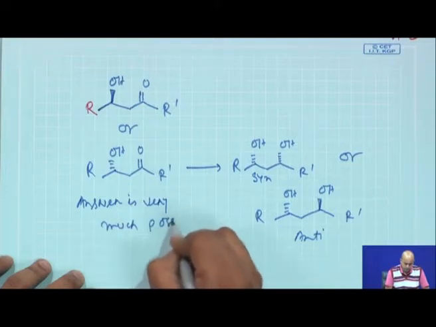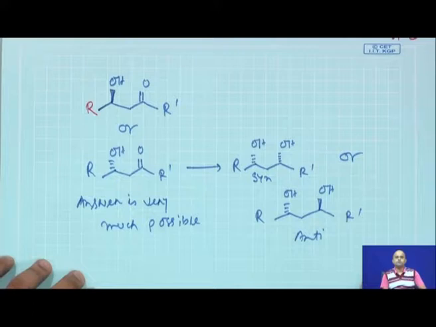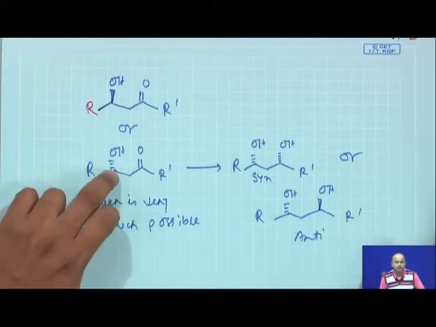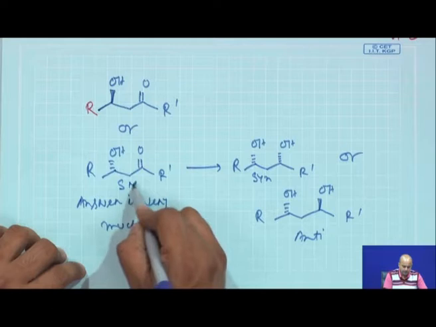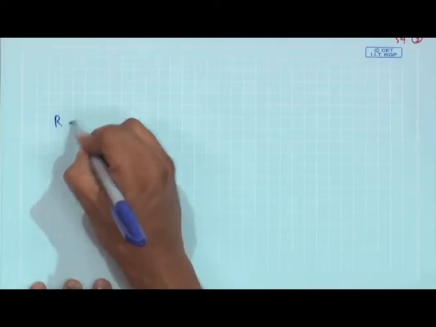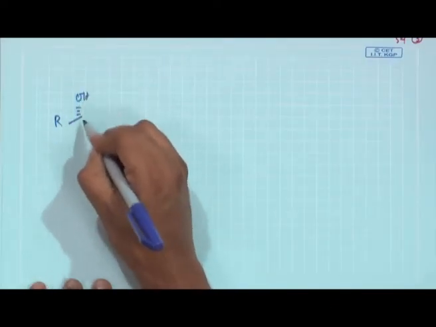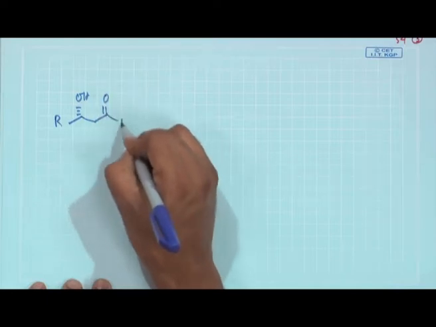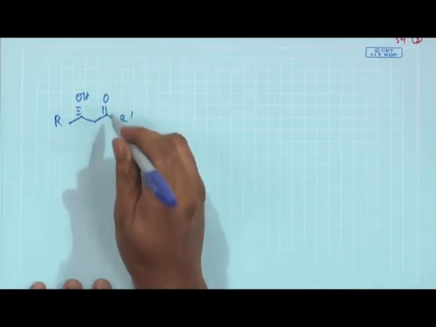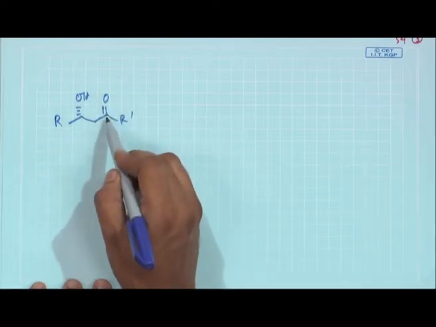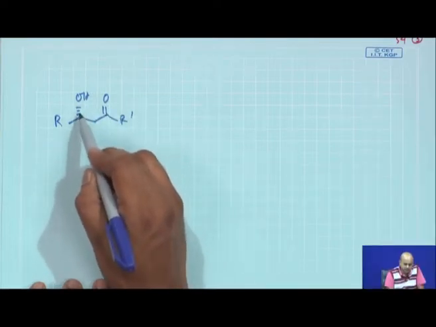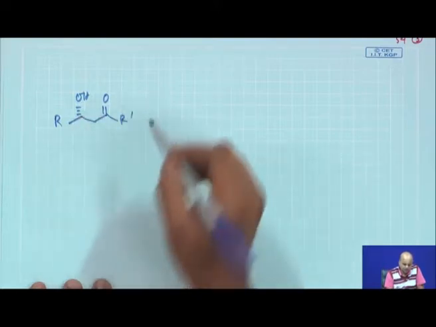And you have to take care of the initial configuration of this starting material. So, now we will explain this scenario, and this is basically an example of a 1,3 induction. So, the starting material we now write. You are basically trying to reduce this carbonyl. Now, this carbonyl is 1, 2, 3. The existing stereocenter is 2 carbons away. So, it is a 1,3 induction.